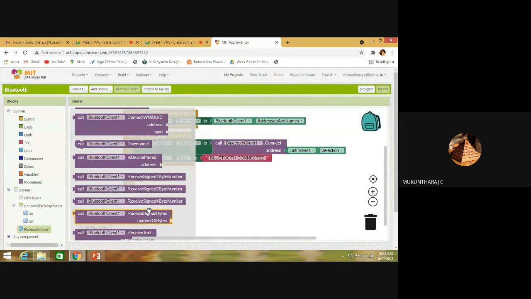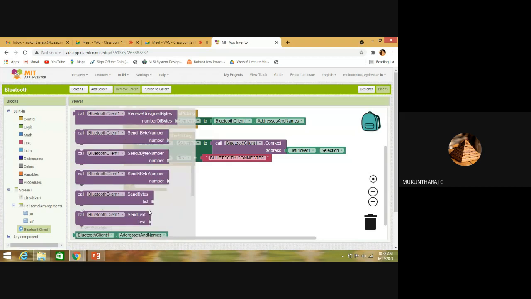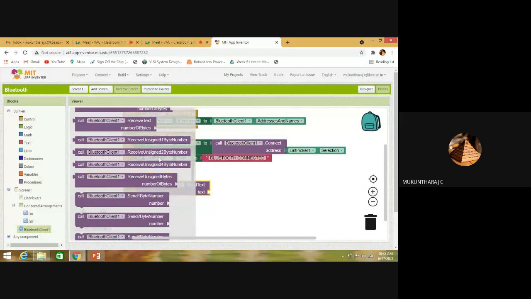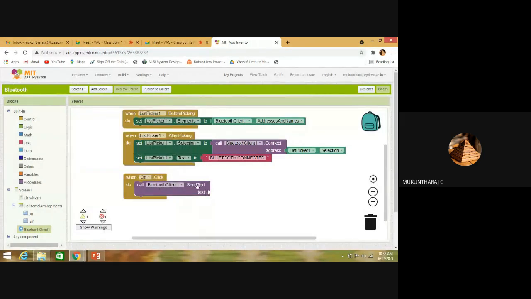So it must call Bluetooth client send text. You can send many things, but as we are working with serial communication, I prefer to send text, so that on your microcontroller side, you can check whether the text is received or not.